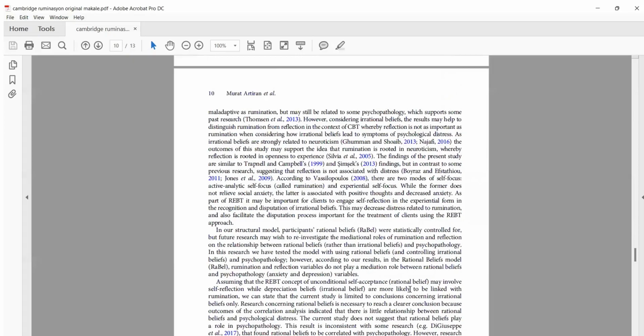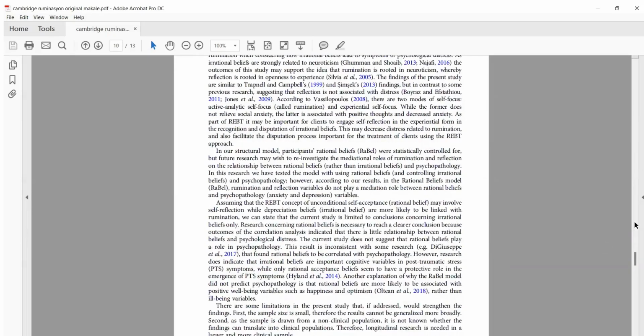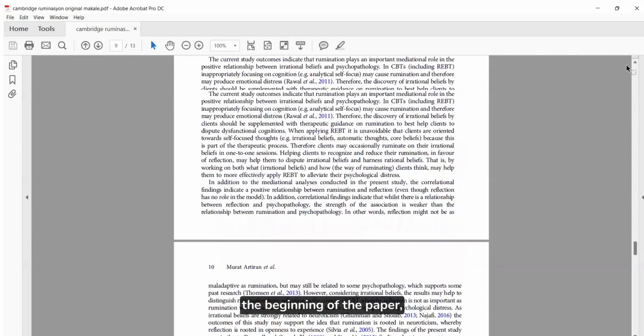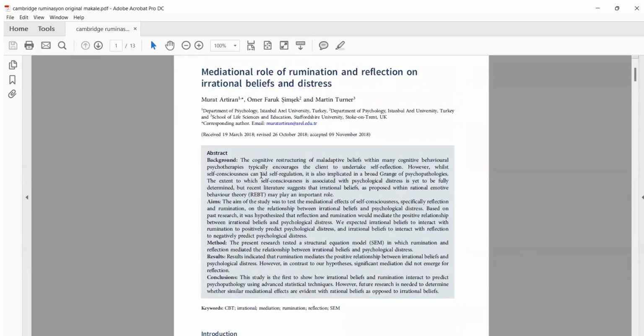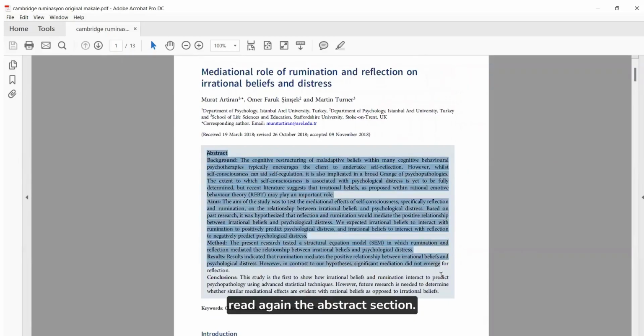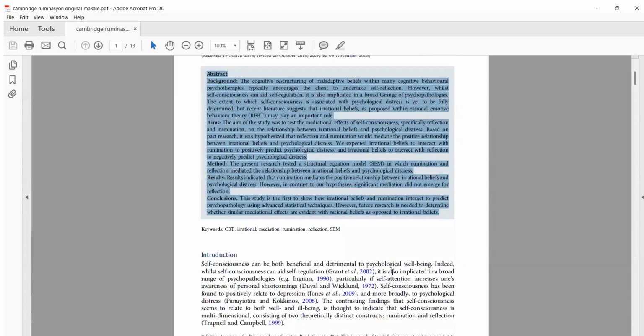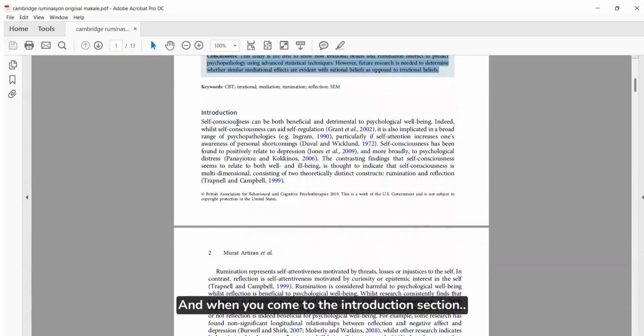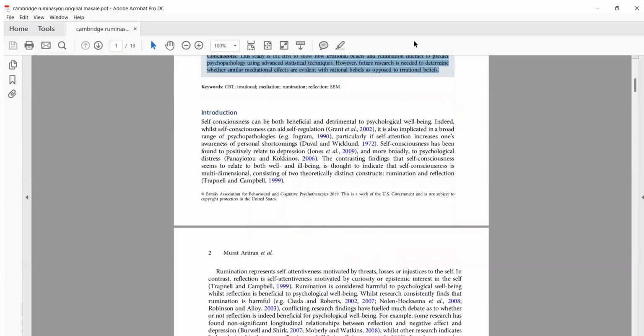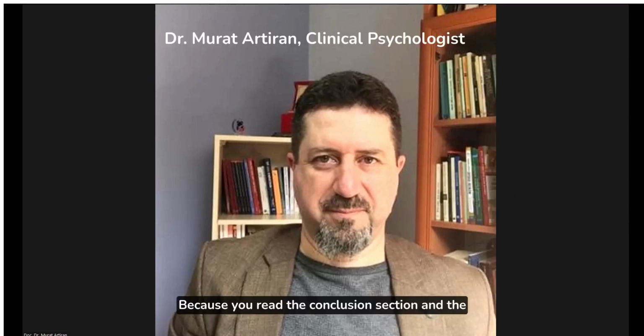And then you can go back to the beginning of the paper and read the abstract again. And when you come to the introduction section, because you read the conclusion section, and the conclusion section is written in clear language,